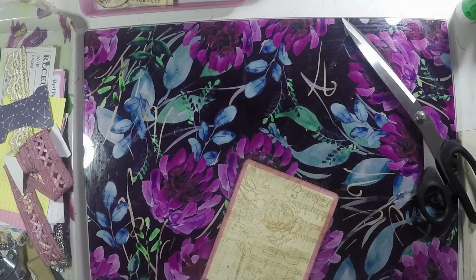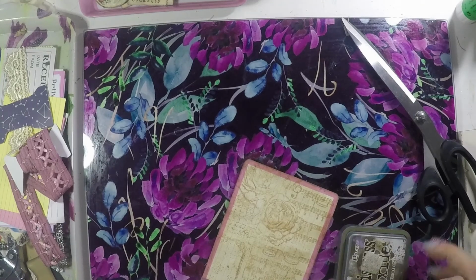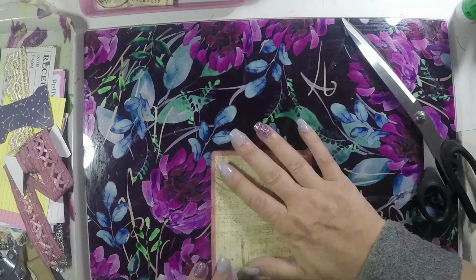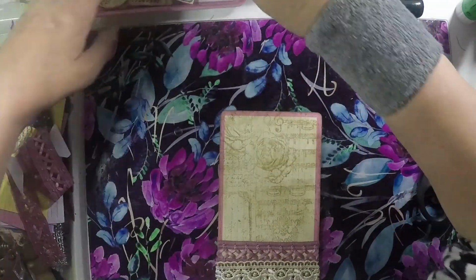So I didn't ink around the edge, I don't think. Oh yeah, I think I did. Yeah, I did, because I stamped it and then I inked around in a different one, didn't I? Right. I want...